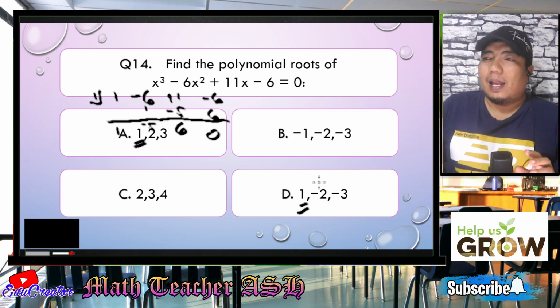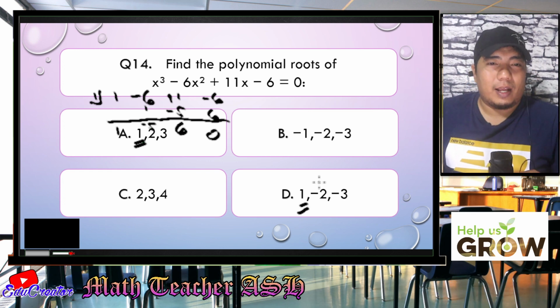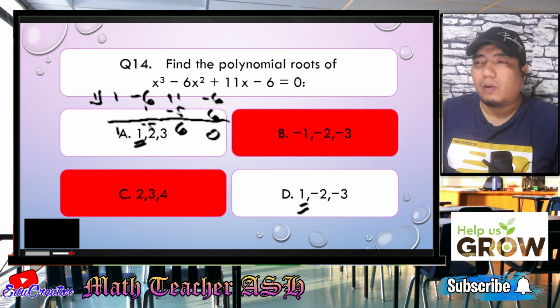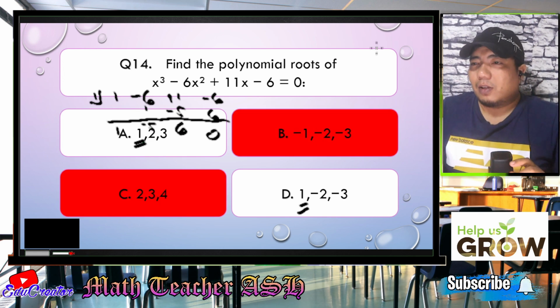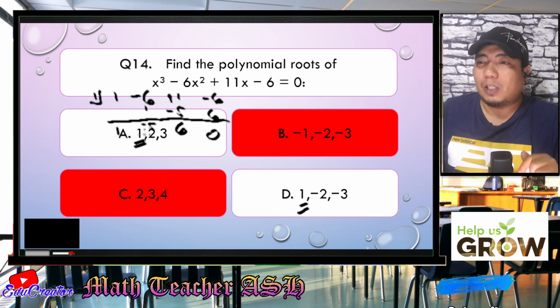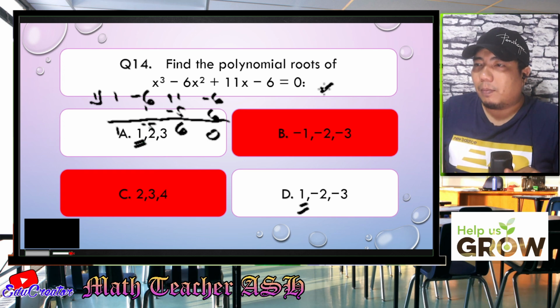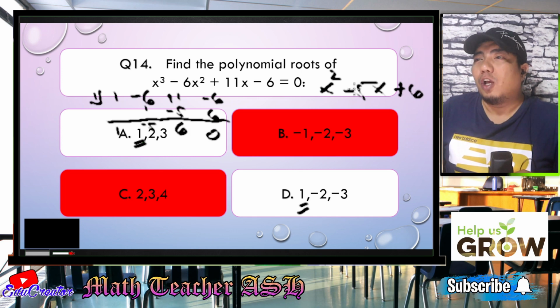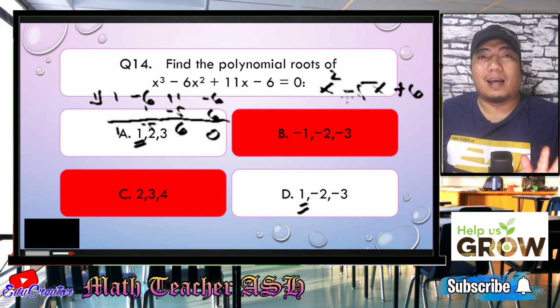So basically, letter B and letter C are already wrong. Alright, so we can check that one. Alright, we are correct. Now, how do we do this? Okay, so if we make this into a, of course, this is cubic, right? So this will go down 1 degree. This will become squared. So that will become x squared minus 5x plus 6, because this is positive. So basically, this is already a quadratic expression.